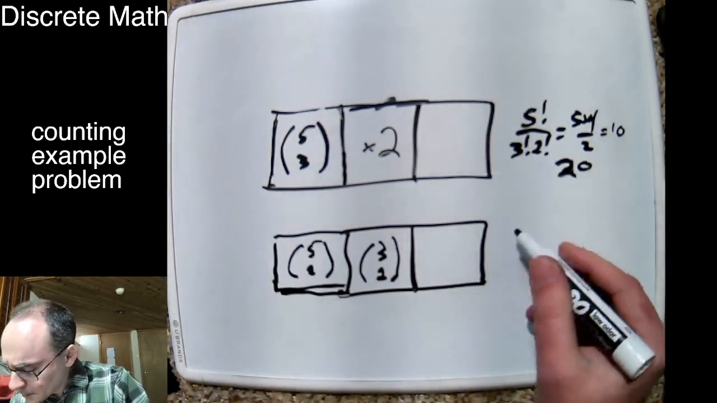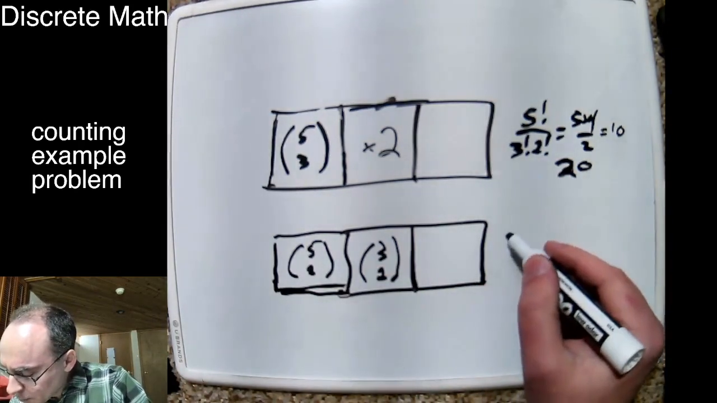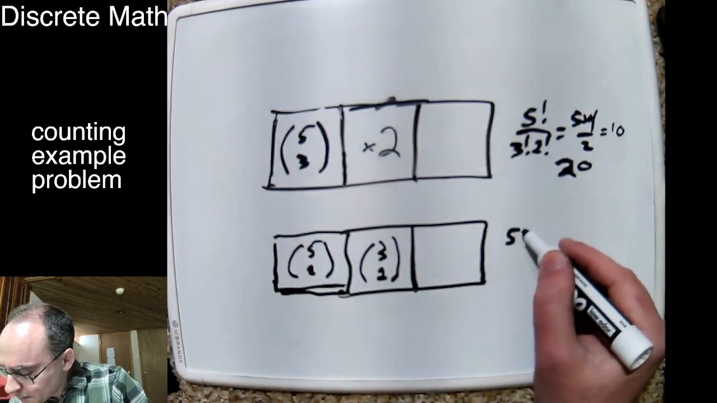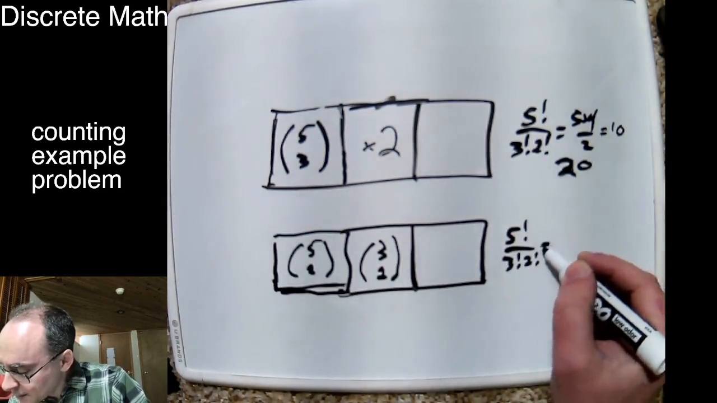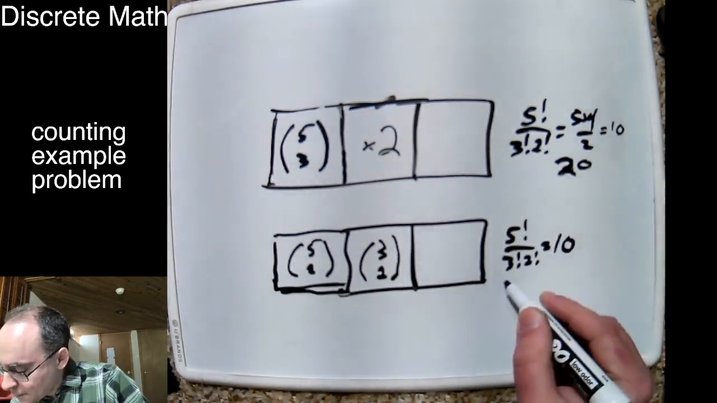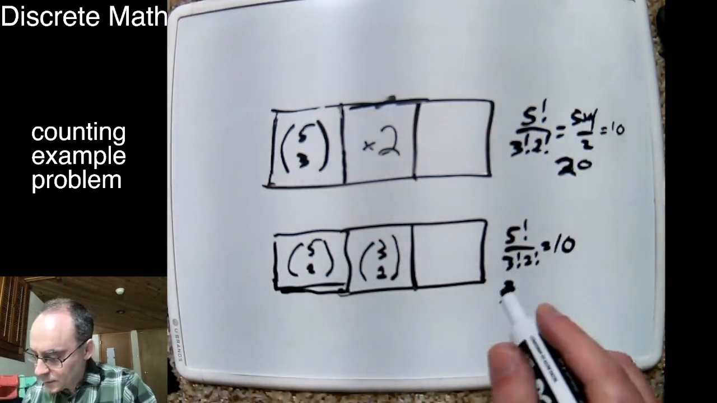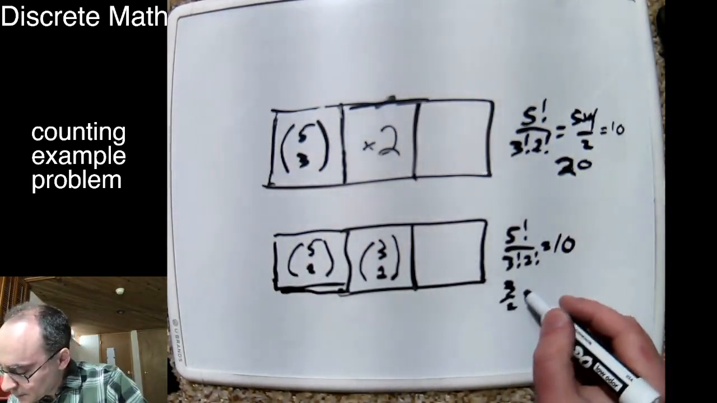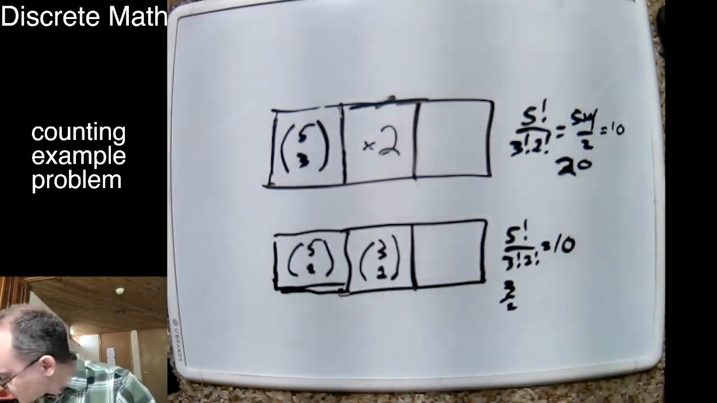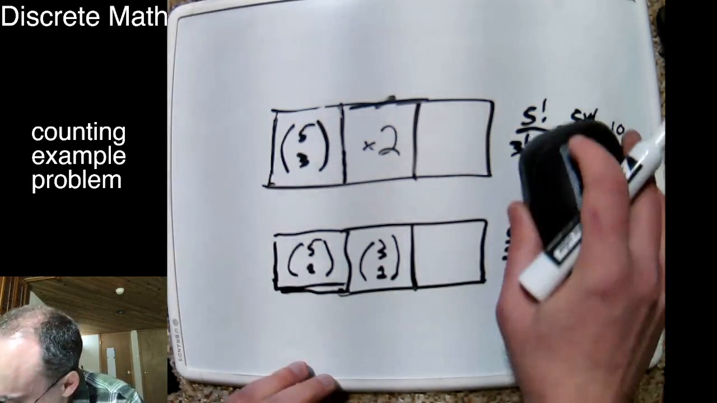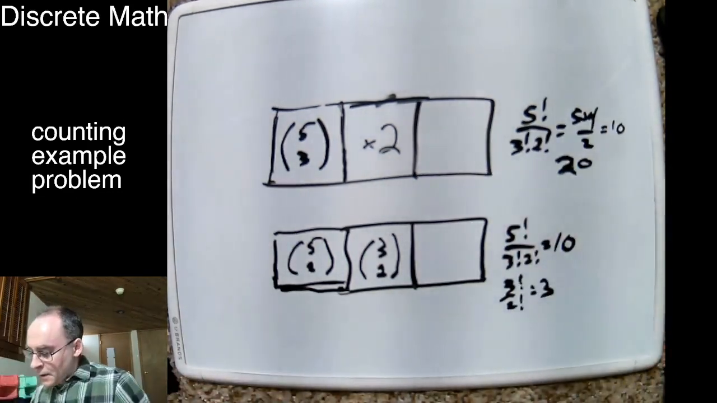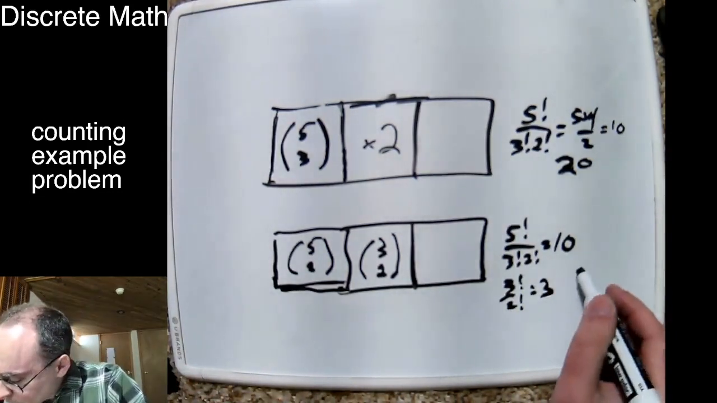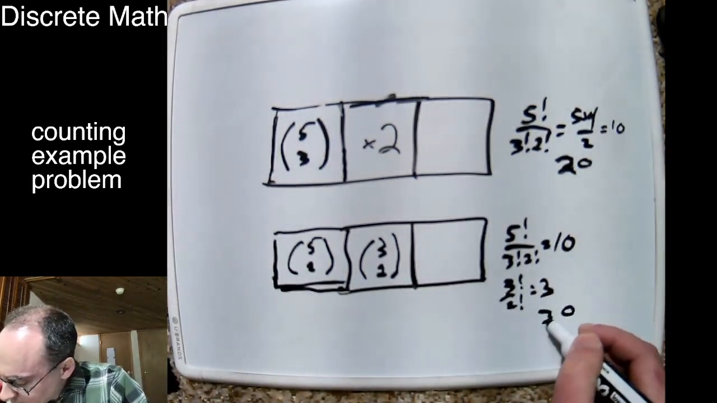And so if we count this up, then we'll have 5 choose 2, which is the same thing as 5 choose 3. So that's 10. And then I have 3 choose 2. That is just 3. Yeah, that's just 3. So I've got 30 possibilities here, except